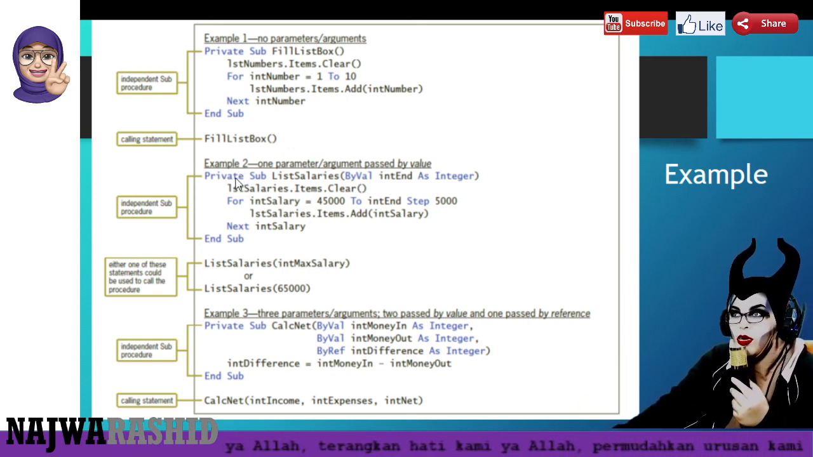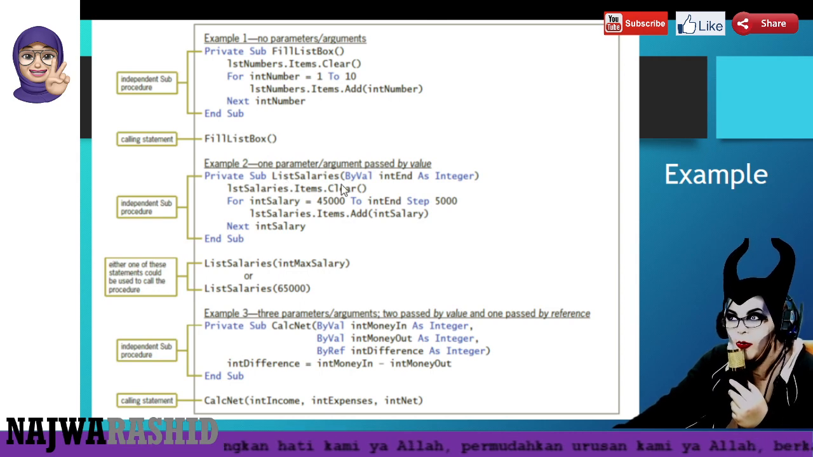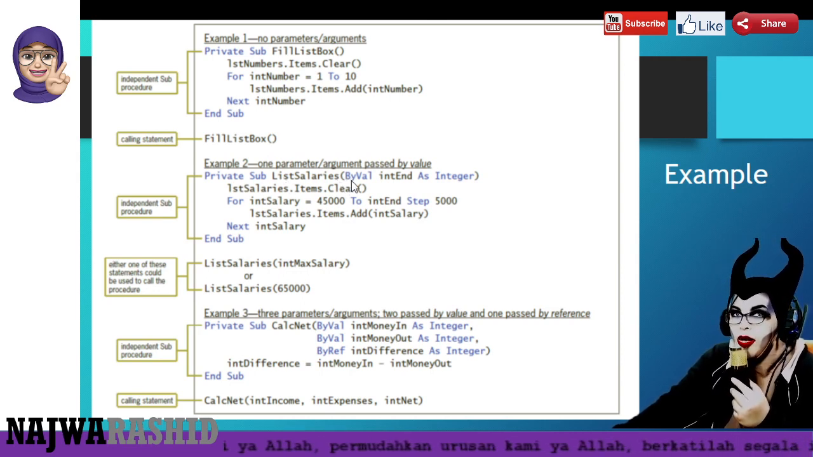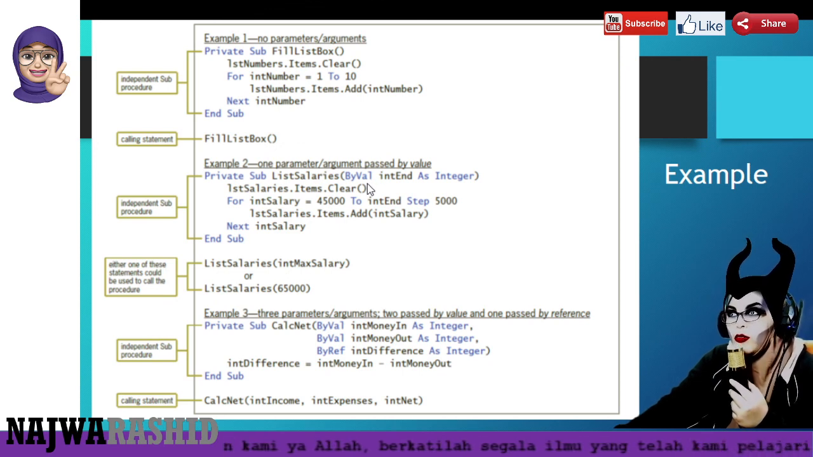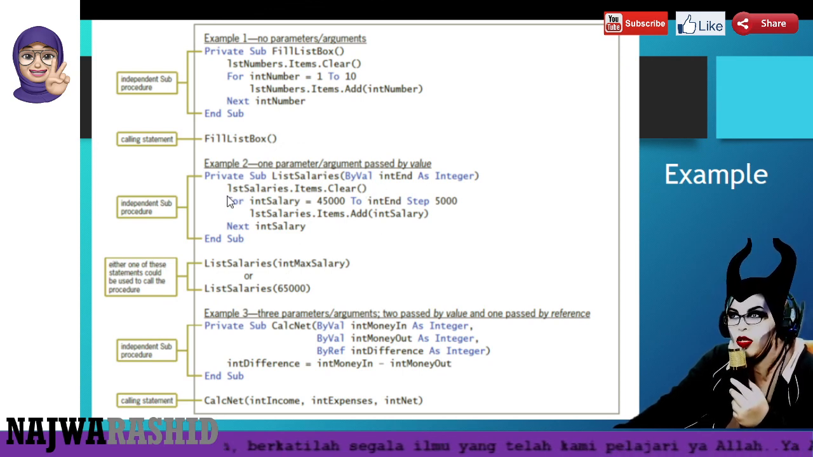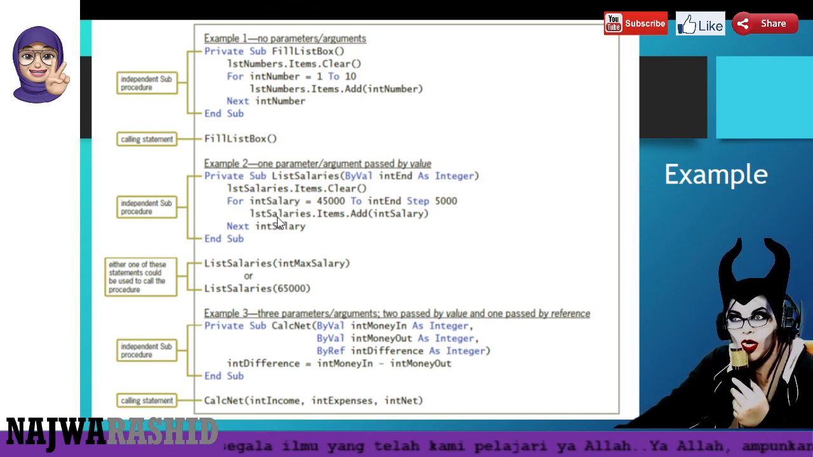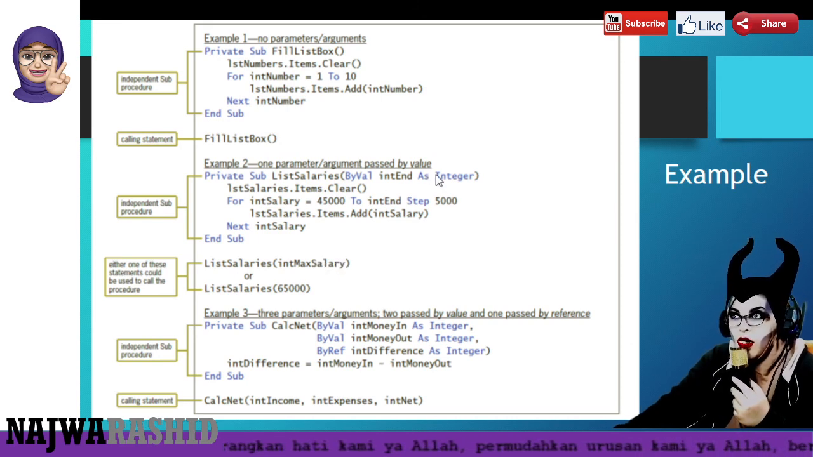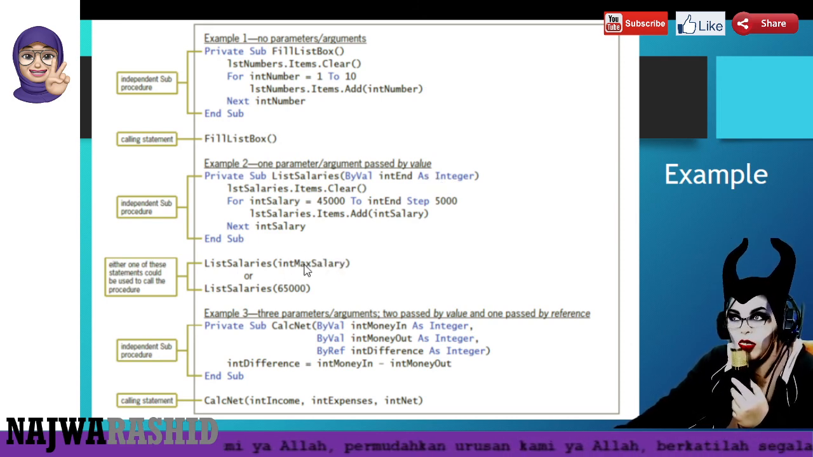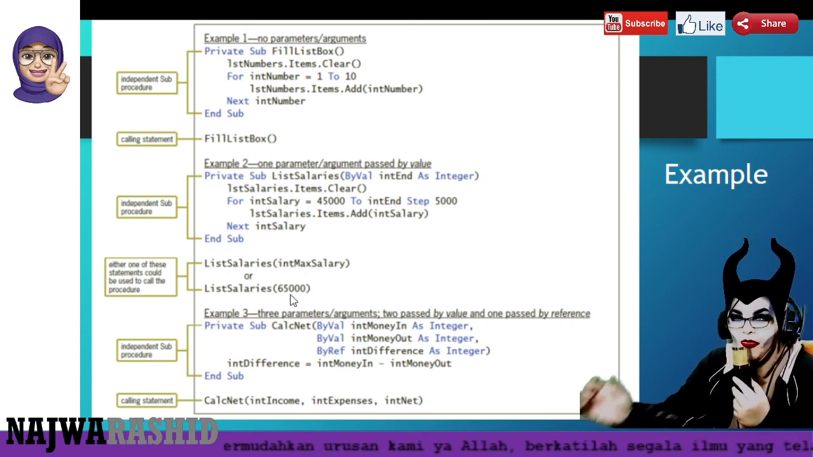Okay, so we write Private Sub, the name of the procedure, ByVal. This one passes using the value, and then proceeds with the process. How do we call it? You can call the procedure name, list salary, based on your integer argument. You can use the parameter's name, the variable name, or you can put the value of your